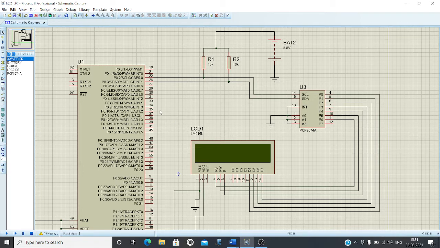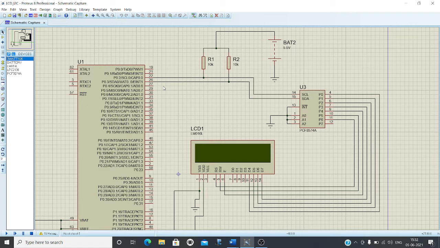The important advantage is that you need only 2 port pins. Instead of 11 pins or instead of 7 pins, you are only going for 2 pins on the microprocessor end. On the LCD end, you can use either 8 pins or 4 pins. You can go for 4-bit mode or 8-bit mode, whatever the mode on the LCD side, but on the microcontroller side, you only have 2 connections. This is the biggest advantage of I2C.